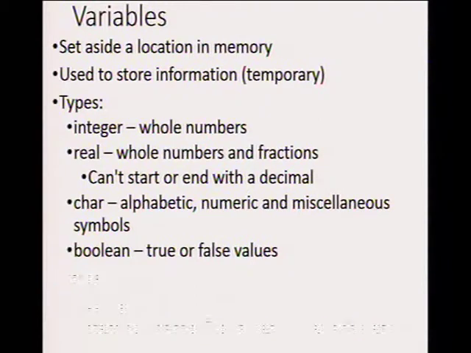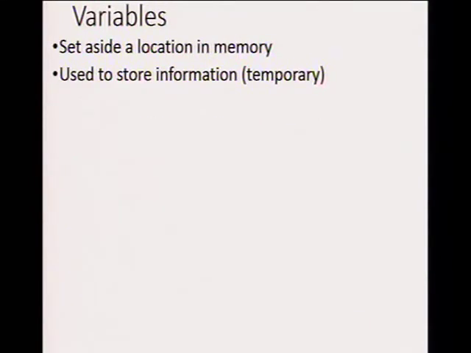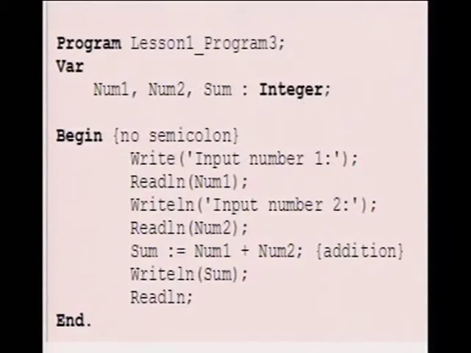So in your program declaration, you say variables, like what I said, num1, num2, and the sum, they are my variables. What type of variables are they? We have 2 types of variables. Either a variable is an integer or real. That is, if the variable has to do with numbers, which we call numeric variable.